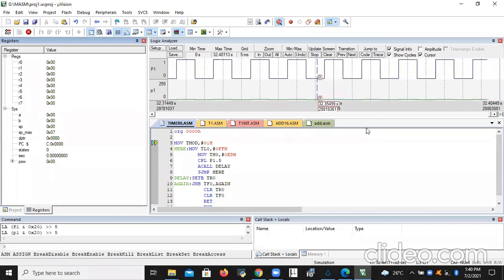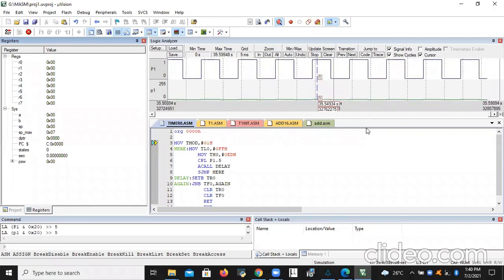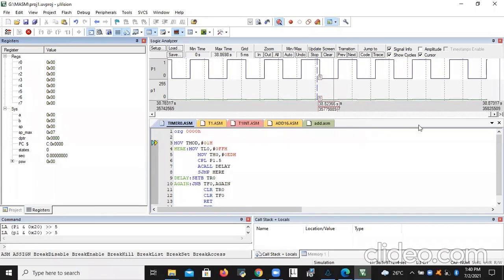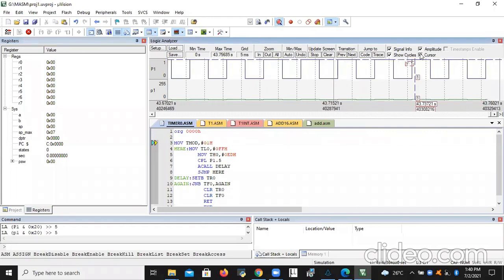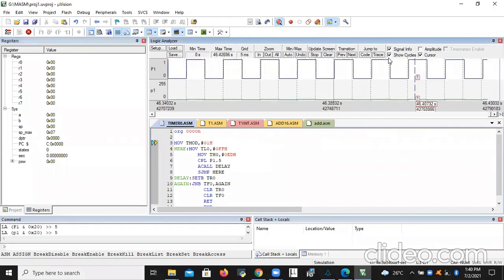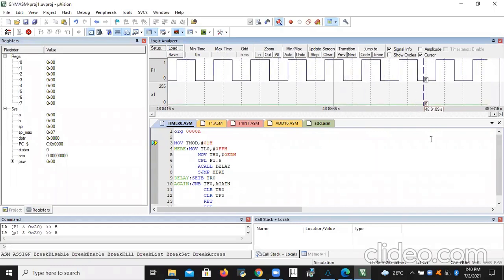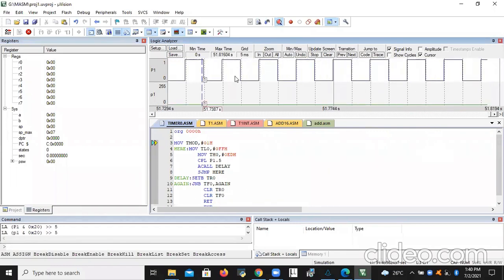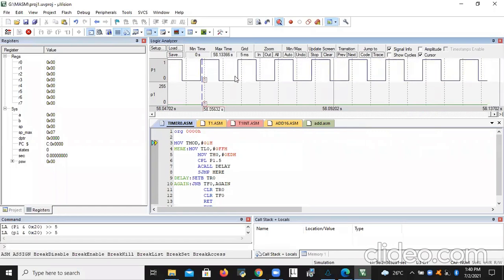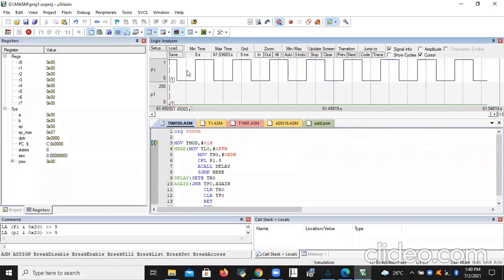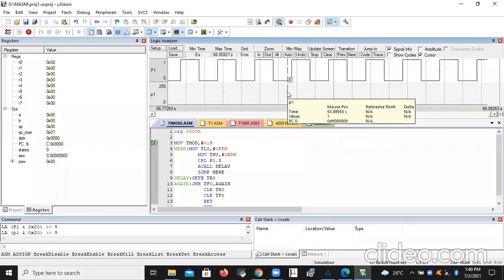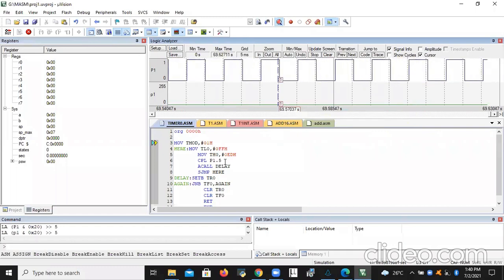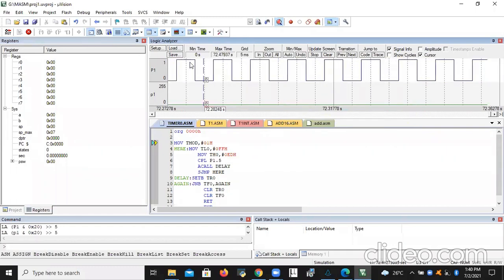Can you able to see the square wave here? Yes, sir. Now you people have to explain about this program.